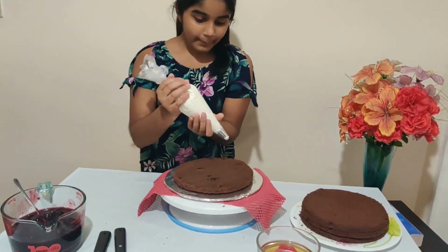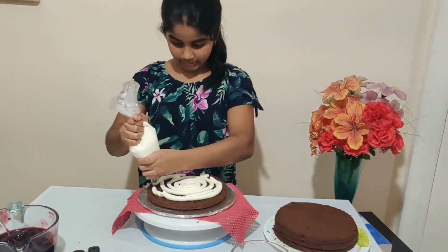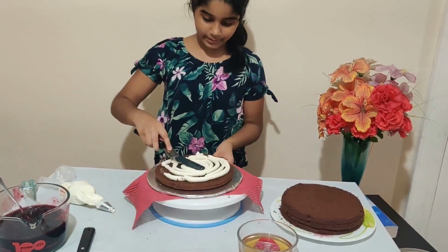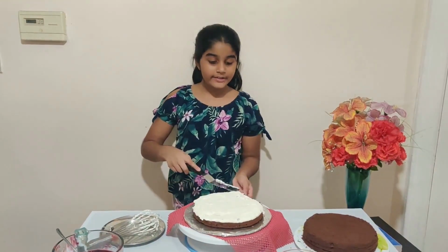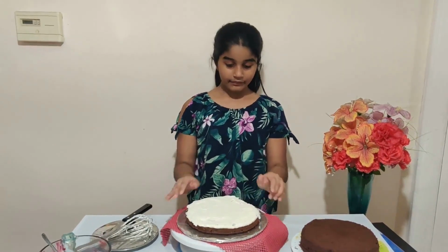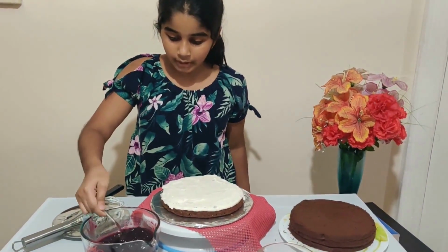So we're going to make a spiral. Now we're going to take our offset spatula, put it in the middle, and we're going to turn it to get the frosting. You want to make sure that your layers are even. So now this cake layer is filled with frosting. And the next step is our cherry filling. So you want to put some on with the